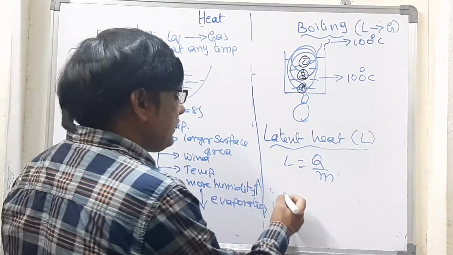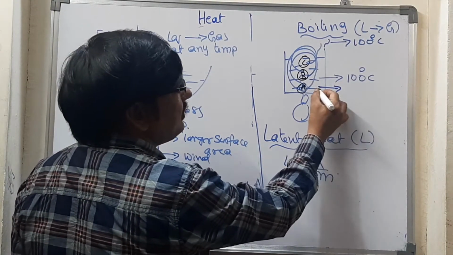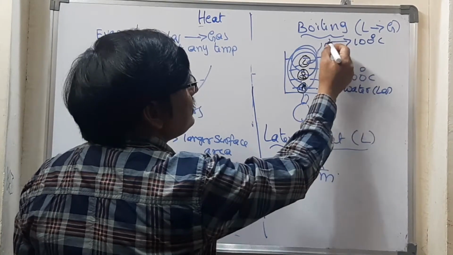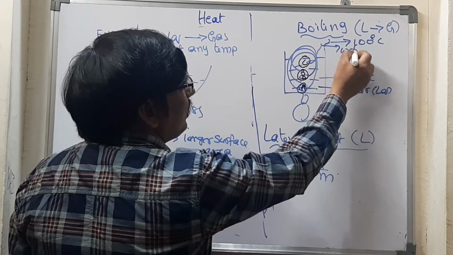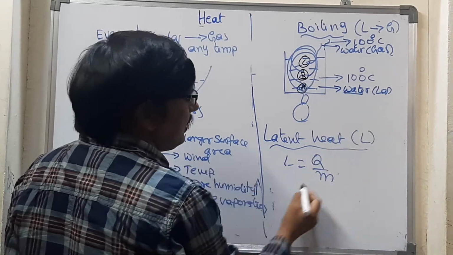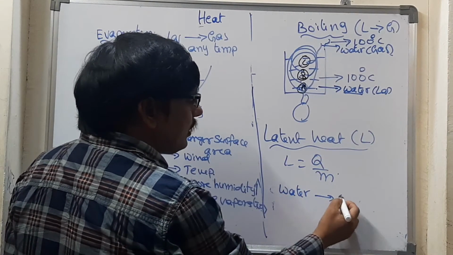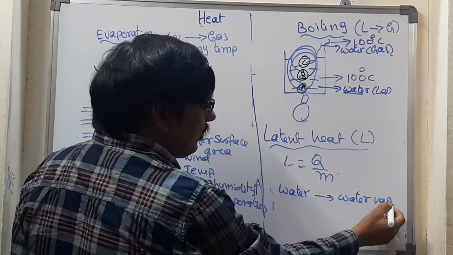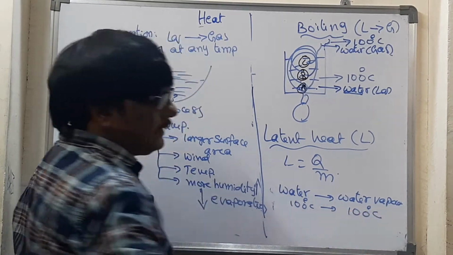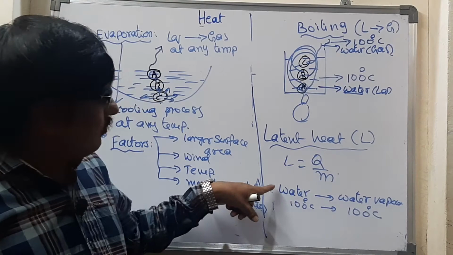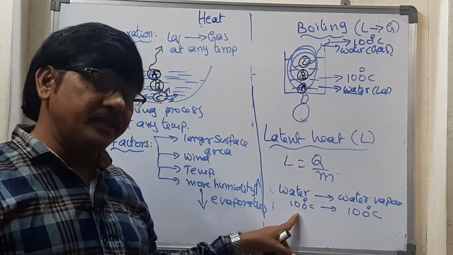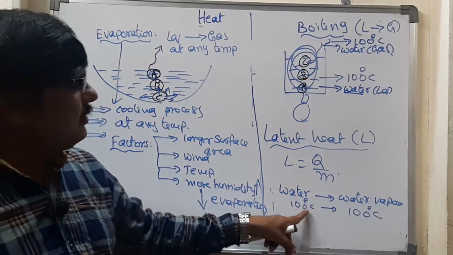One example I will say. When we are going on heating, what is the very beginning state? That is the liquid state, water. And this is water vapor, which is the gaseous state. See here what is changing: water is converting to water vapor. Water temperature, how much is that? 100 degrees Celsius. Water vapor temperature also, how much is that? 100 degrees Celsius only. Means the amount of heat required to convert matter from one state into another state, states are changing, at the condition that temperature is constant. This we call the latent heat.